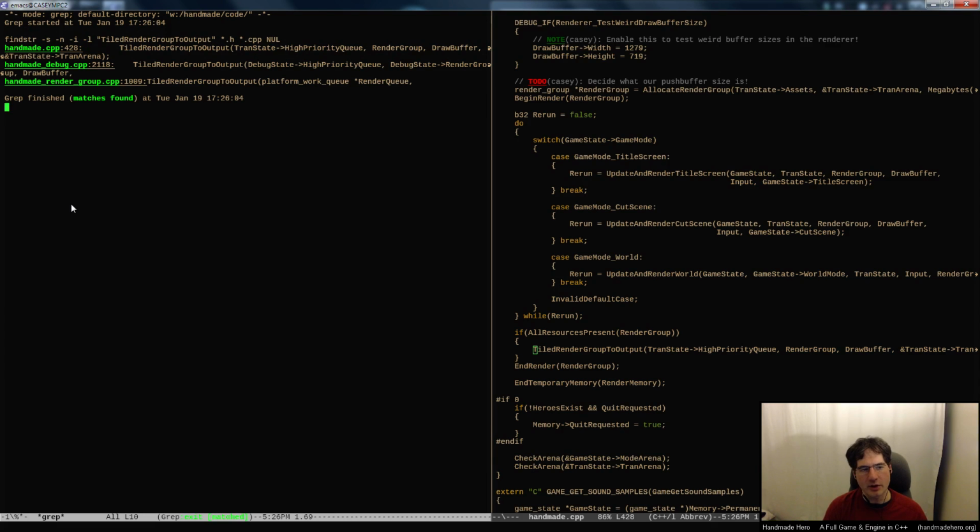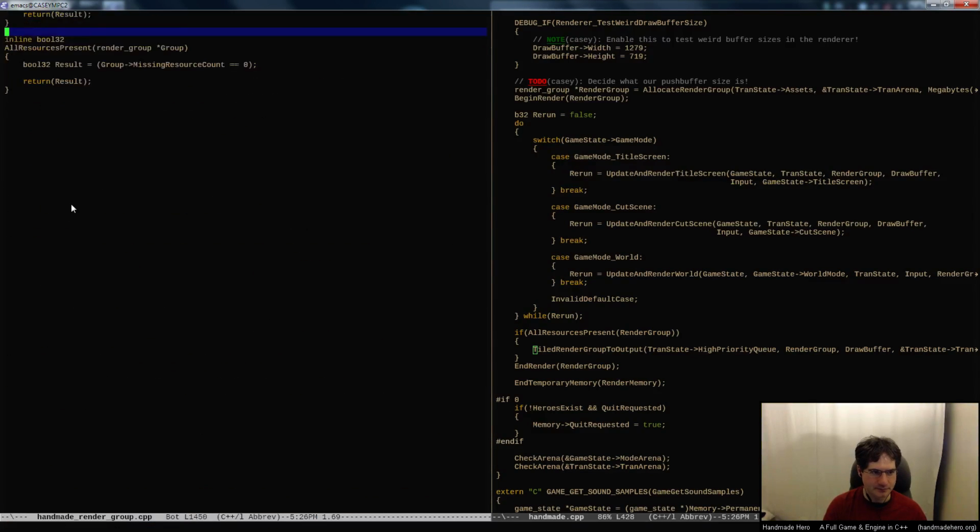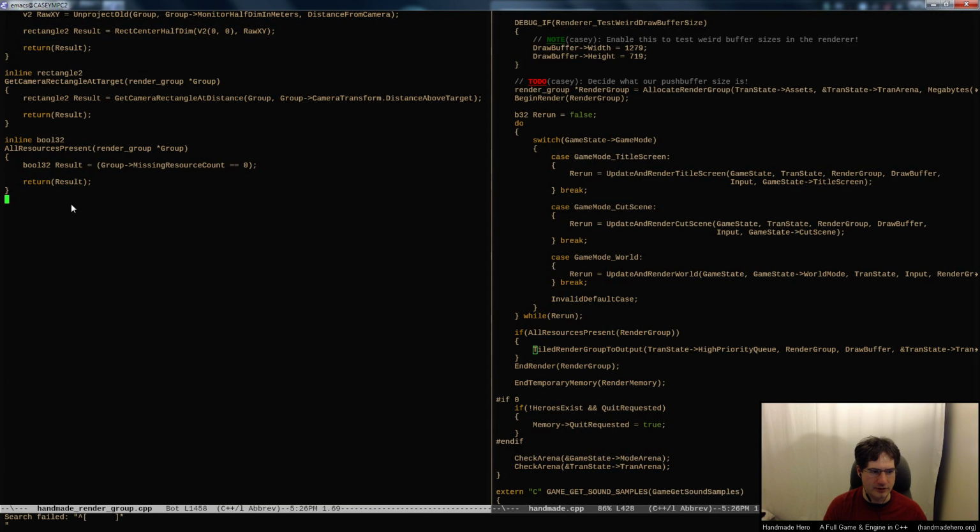So I'm going to go ahead and just take a look at that and see if we can just literally port it directly, okay? So when we call tiled render group to output, instead of calling tiled render group to output, what I'm going to do is insert essentially a mitigation call, a call that hops in between those two, that will either go to OpenGL or to our software render depending on the circumstance. And so inside our Handmade render group, what I can do in here is I can insert a call that will,